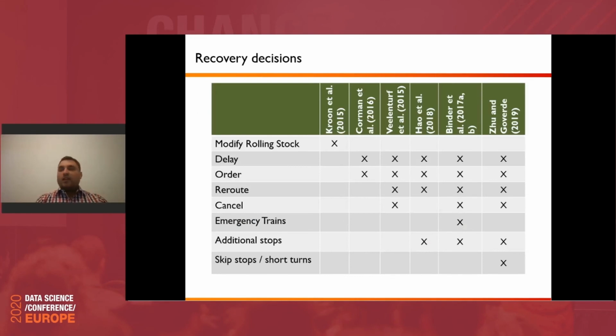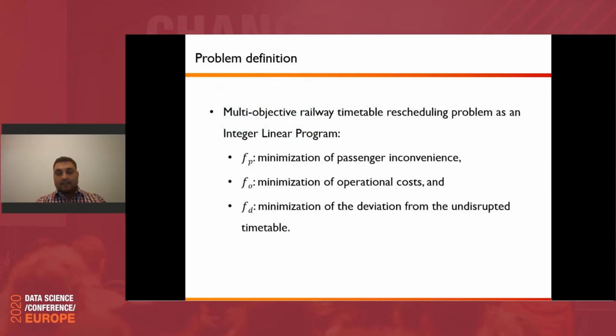What is usually allowed in these situations as a recovery decision is either to modify the rolling stock, to delay the trains, to reorder the trains, to reroute the trains, or even to cancel or partially cancel the trains, to include emergency trains or emergency buses, to create additional stops, to skip stops, or to short-turn the trains. So again, we built a multi-objective